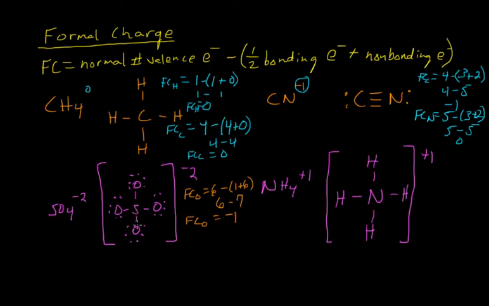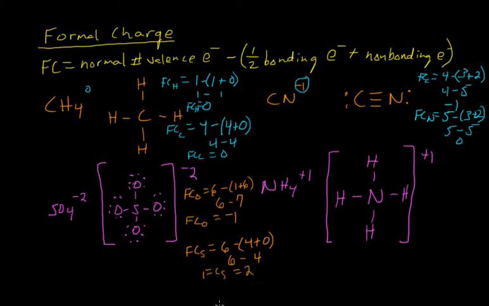So let's calculate the formal charge on sulfur. The formal charge for sulfur is going to be: sulfur has a normal valence number of 6 electrons minus half of the bonding. Well, I've got 2, 4, 6, 8 bonding electrons. Half of 8 is going to be 4. And I add that to the non-bonding. Well, sulfur does not have any extra electrons that are not bonding, so that's going to be 0. So 4 plus 0 gives me 4, and 6 minus 4 gives me a formal charge on the sulfur of